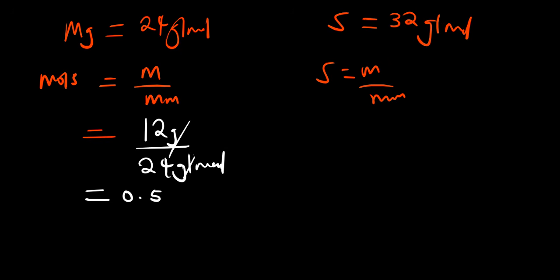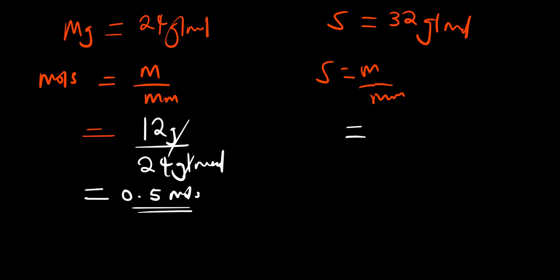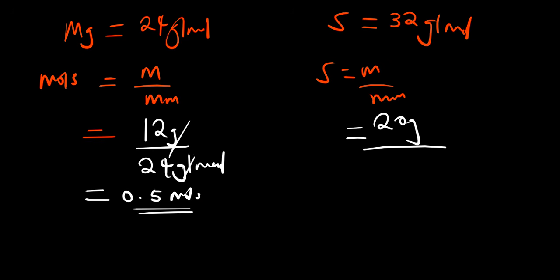Then for sulfur, what are we going to have? The mass that we've been given is 20 grams, so it is 20 grams over the molar mass for sulfur, which we said is 32 grams per mole. Then we just divide 20 by 32. What does this give us? 20 divided by 32 is giving me 0.625